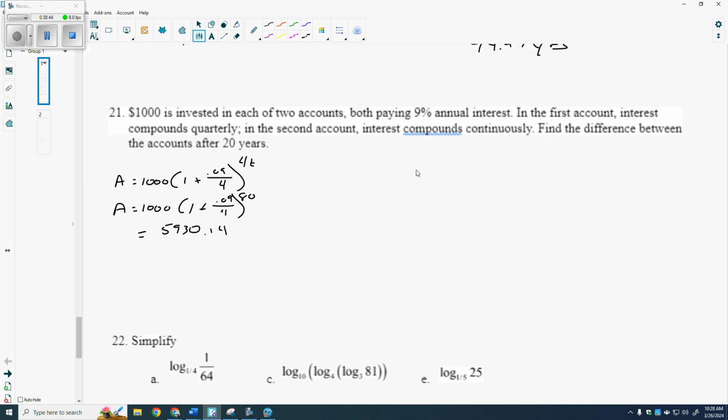Compounding continuously, that's PERT. So amount equals principal, but now it's e raised to the RT. And t was 20. Grab a calculator, type that in. Remember, it was second, ln is how you find that. Second natural log is the e to a power. And when I type that in, I get amount equals